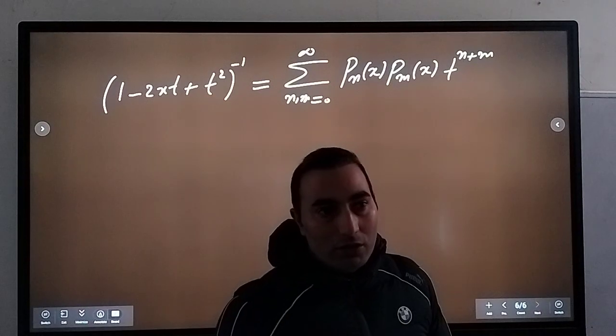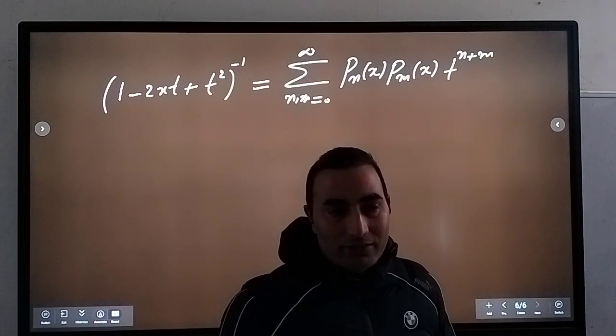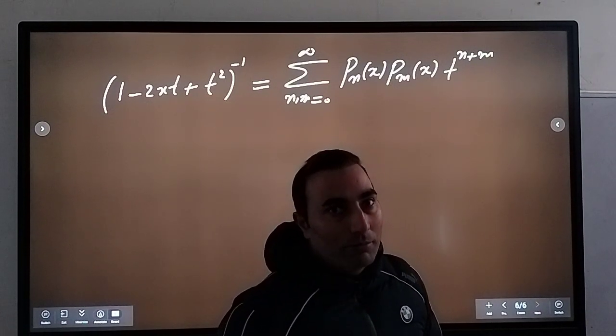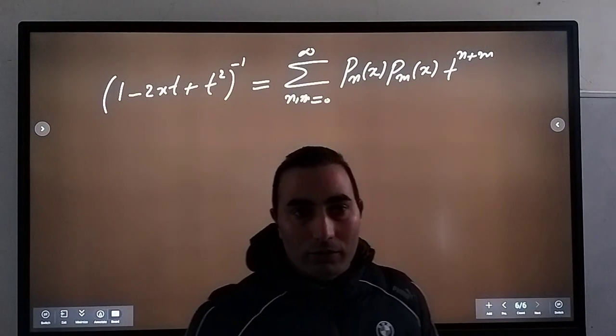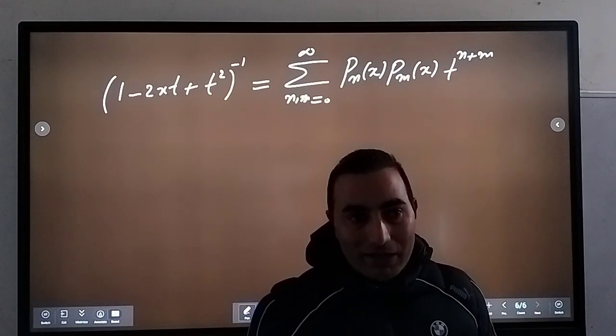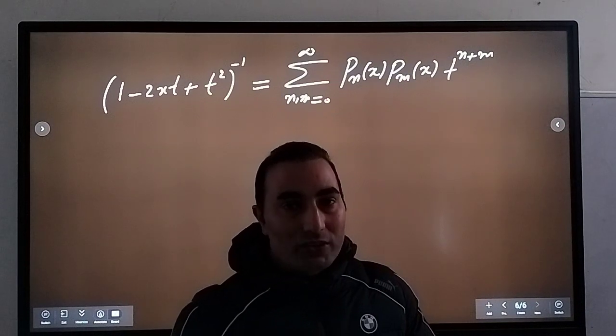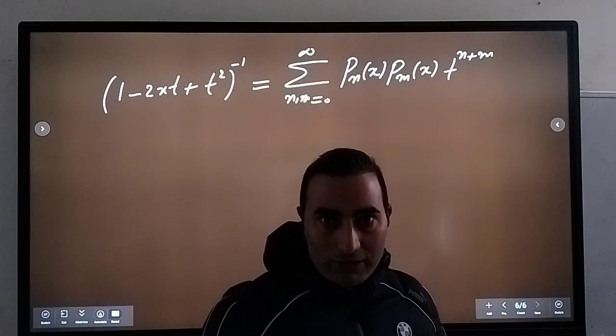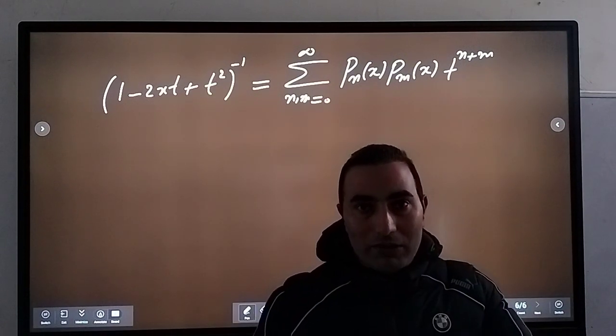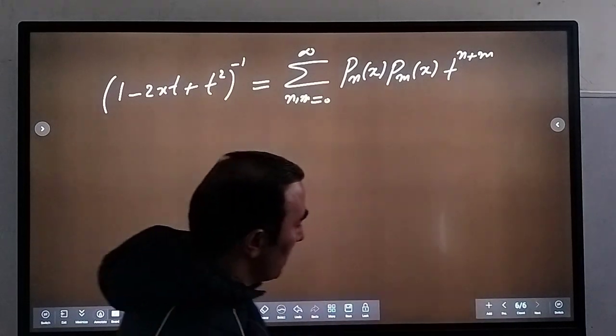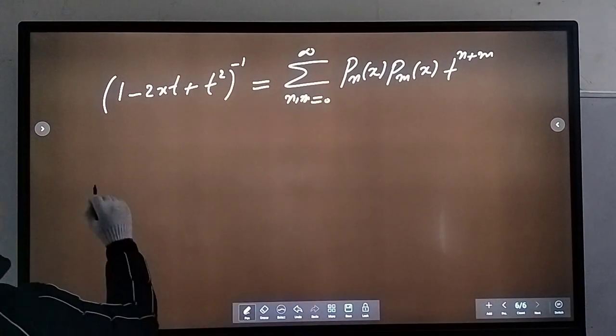Or you can have solutions outside that domain also: x greater than 1 or x less than minus 1. If you go outside that, you can have solutions. But let's choose that region from minus 1 to plus 1. That's why we integrate this equation between the limits from minus 1 to plus 1. Okay? So you can write this as